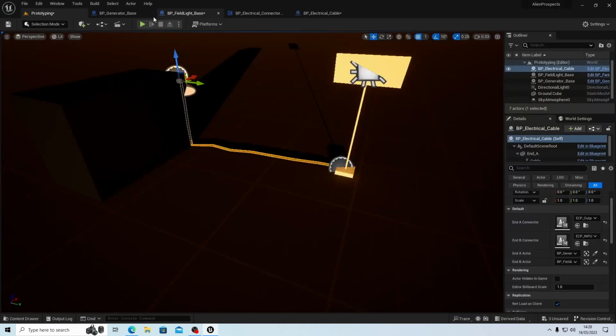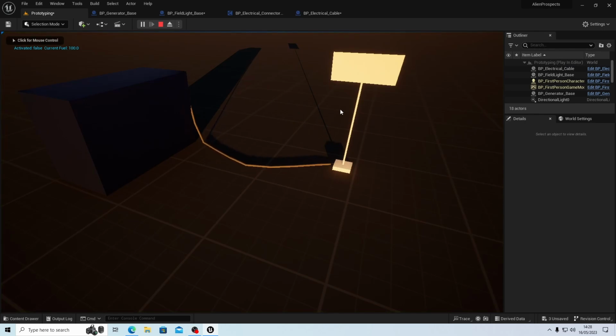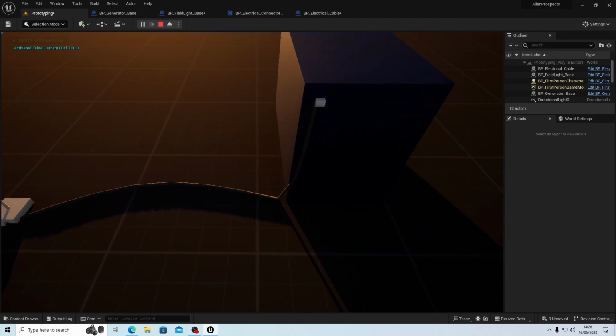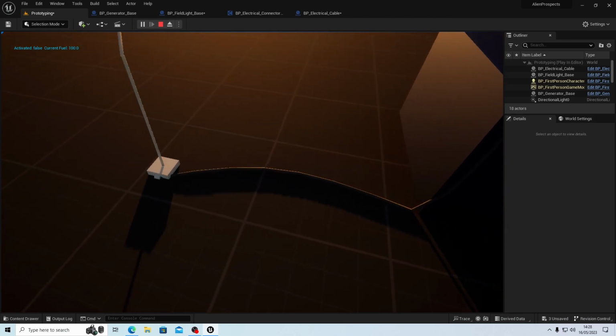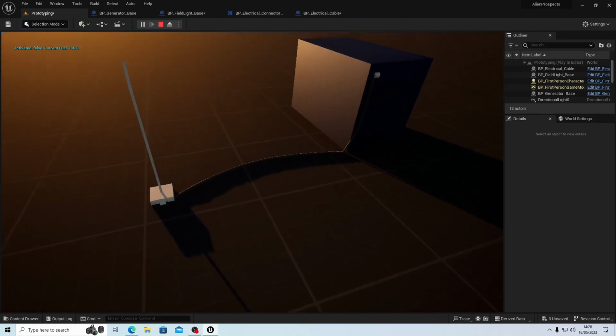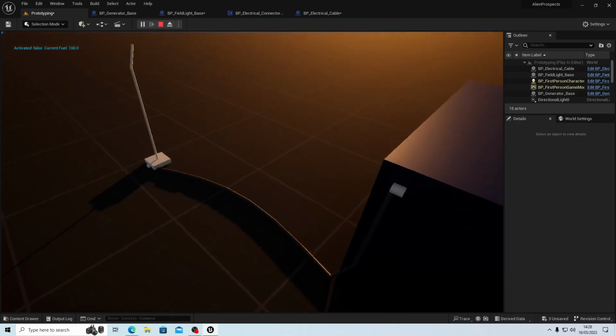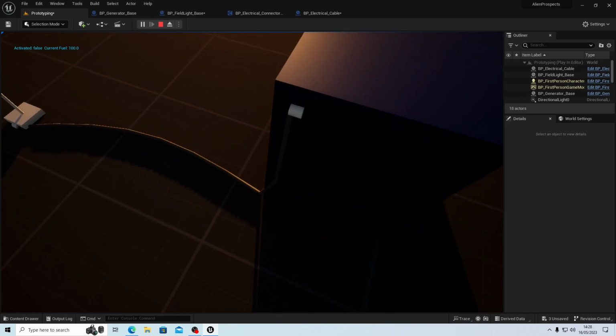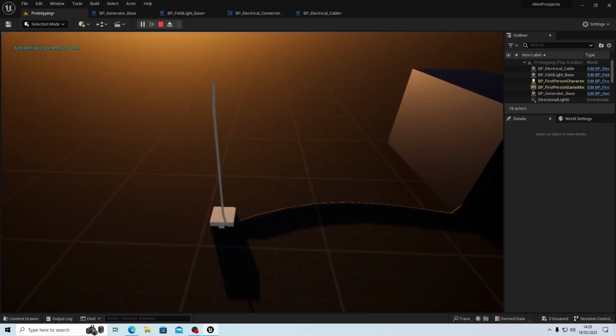The weird thing is when you press play, look, it just flops the cable around. I don't know how to resolve that. Maybe at one point we make our own cable, probably using spline objects, but because that uses kind of like a particle effect, that does, from what I remember